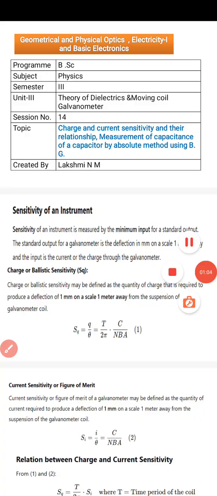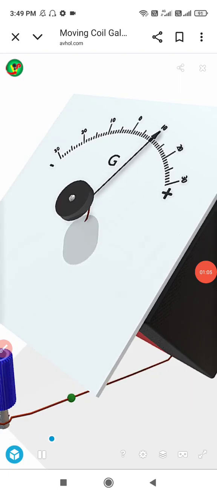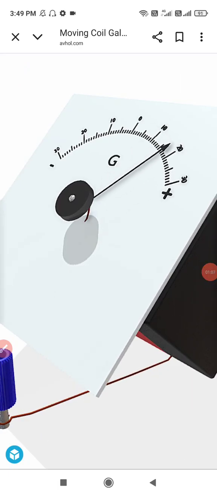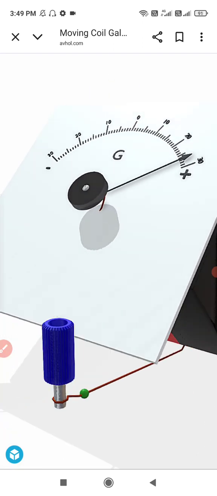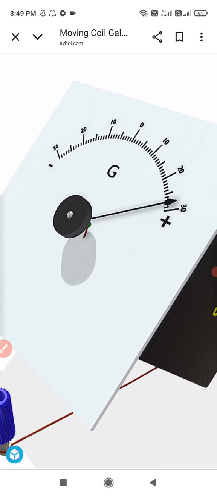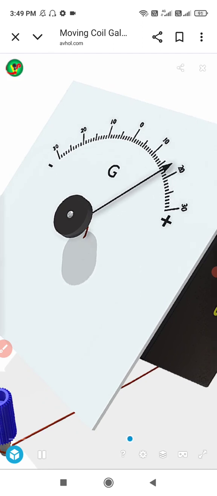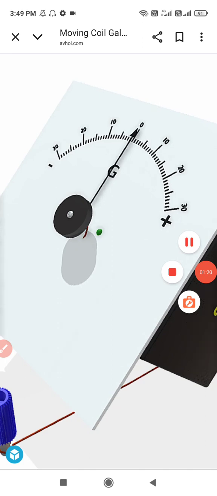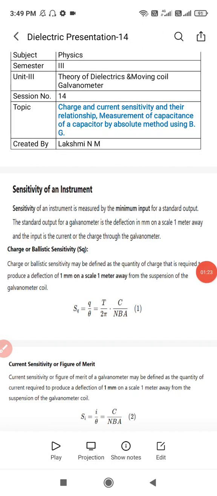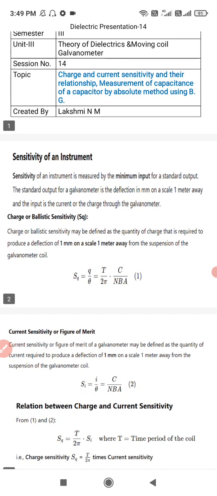Now we can see the deflection of the galvanometer obtained by applying the electric charge. By applying the charge, the deflection of the galvanometer will be obtained. So we can see how the deflection will be obtained. The charge or the ballistic